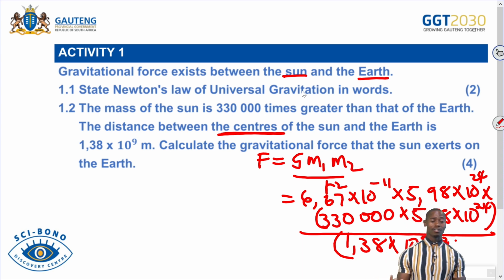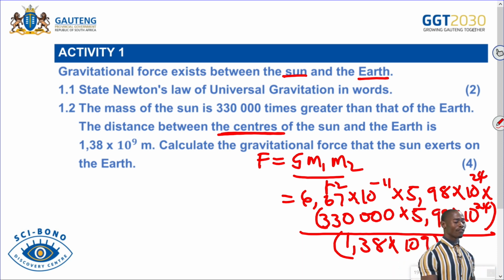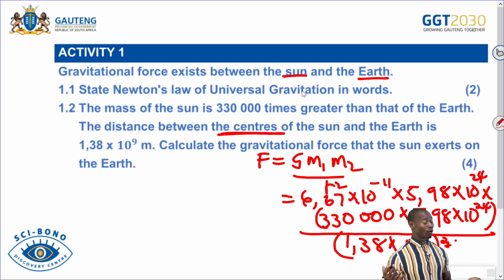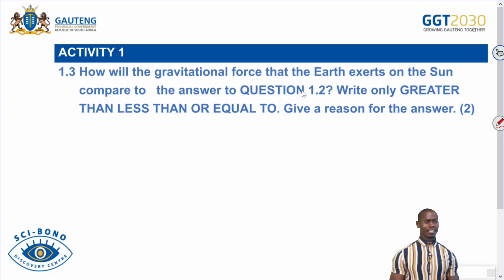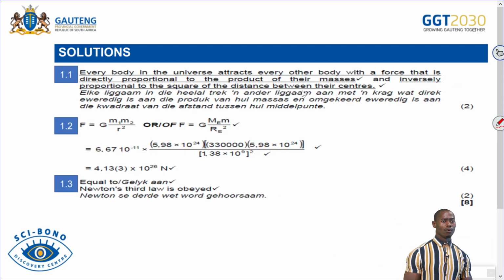They will write the equation correctly, F equals G m1 m2 over r squared. But when it comes to substitution, they forget to put that square. If you forget that, obviously you are going to lose almost, I think, 2 marks. So you cannot afford to lose those marks. Then what will be the force here? So let's check here, the force will be